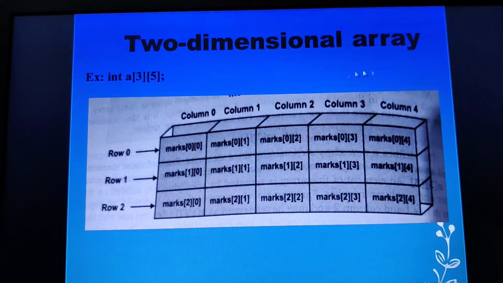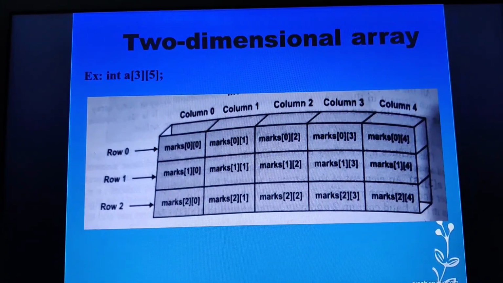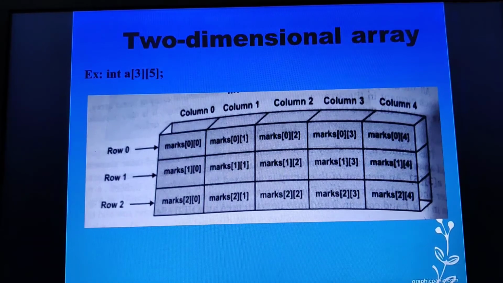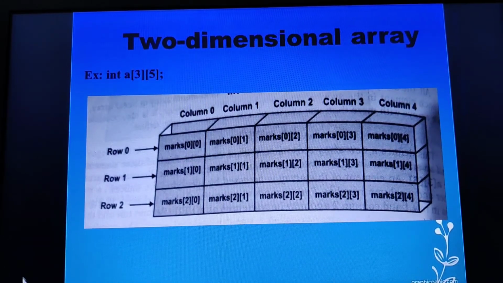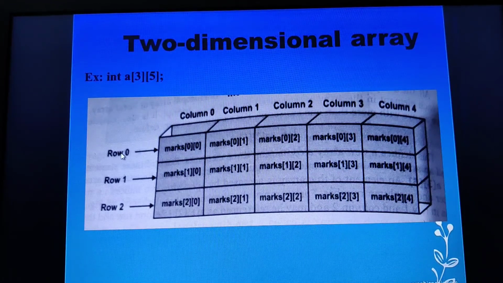Now this is an image wherein we have given the particular locations of each element. You can see the first element which has been present. So here if I want to fetch this particular element, I am first referring to the row and next I am referring to the column.